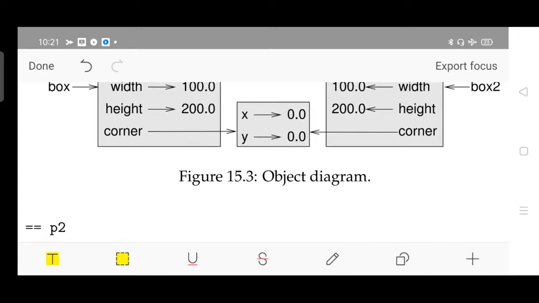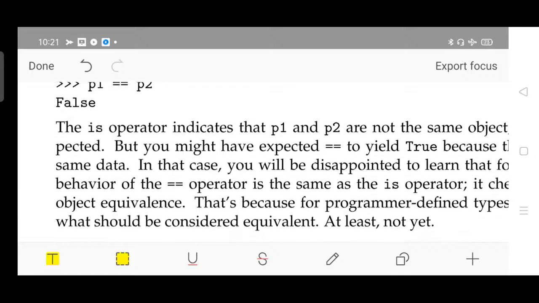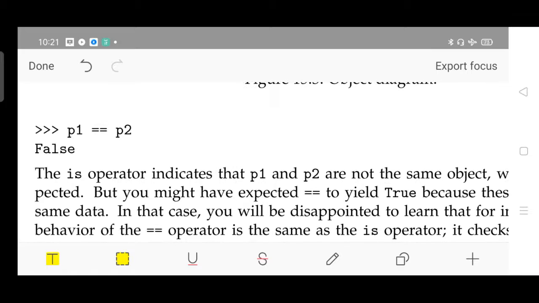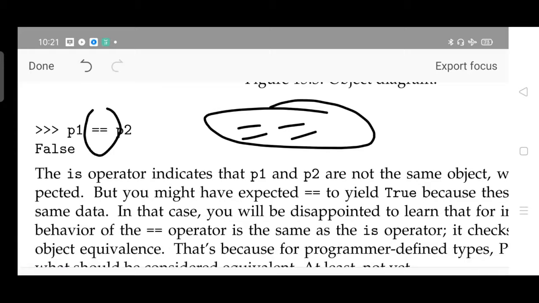So here is the diagrammatic representation, please go through it once. P1 is P2 is the same as P1 equal to P2, which is false.